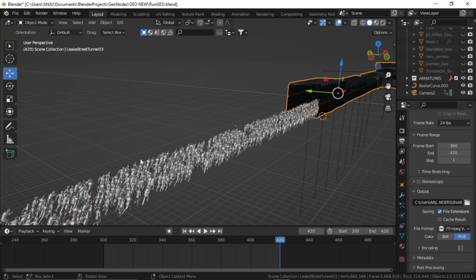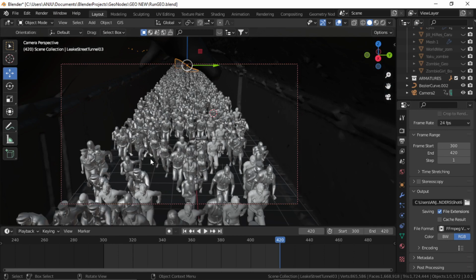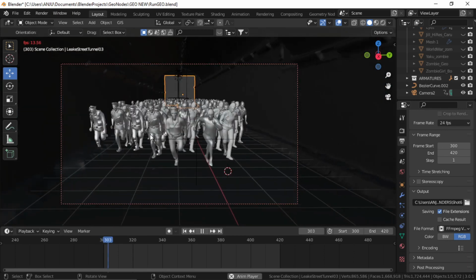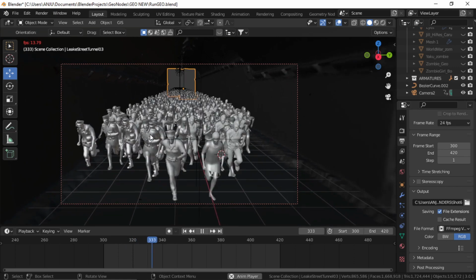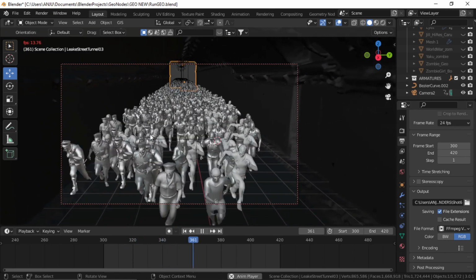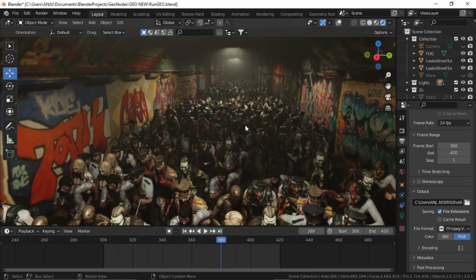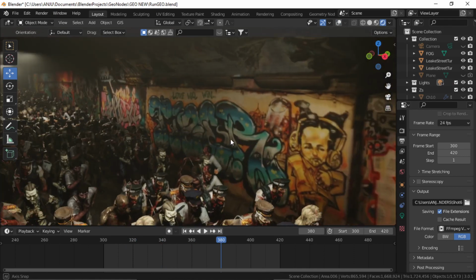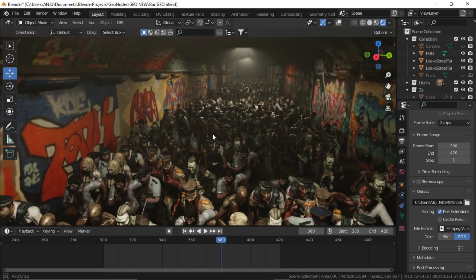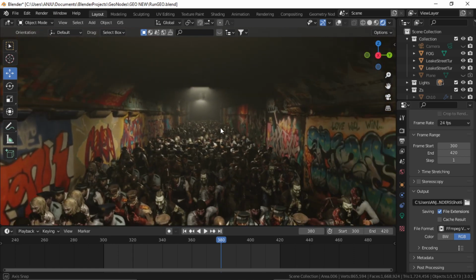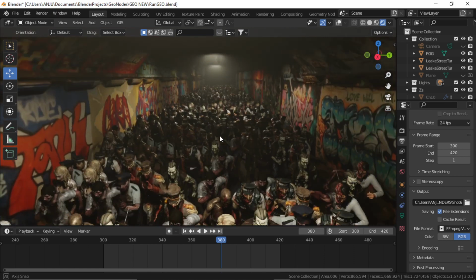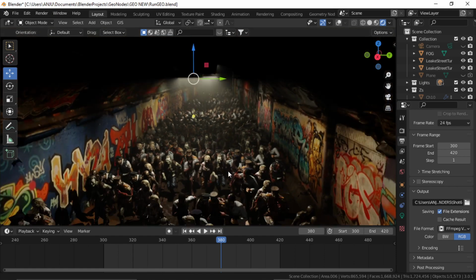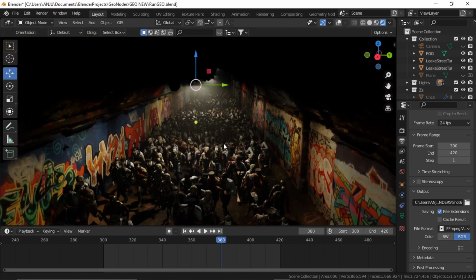And if I go to camera mode, this is the basic scene, the fourth shot basically. So this is how the final scene looks in Eevee, and I rendered multiple shots and then added them in VSDC to create that full length clip. So this is how you can create simple